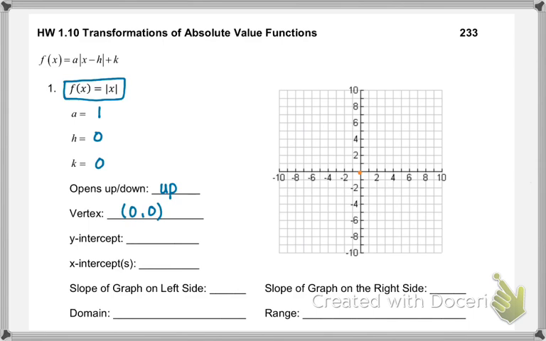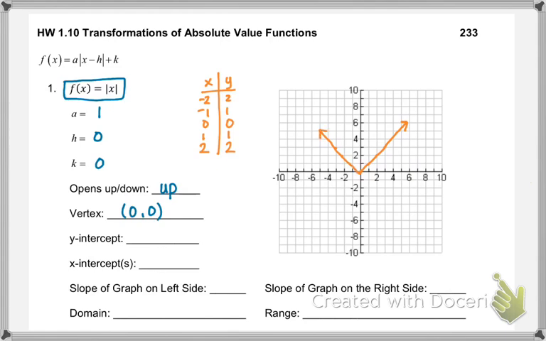Okay, and then if you want, you can certainly make a table of x and y values and pick some x values so you can get an idea of what the graph looks like if you're not sure still. So the absolute value of -2 is 2, the absolute value of -1 is 1, 0, 1, 2, and we have the same graph that we did in class in your notes. It's a V shape that continues to go up and to the right and go up and to the left. Right, and the vertex is at